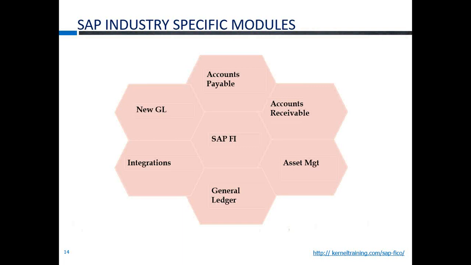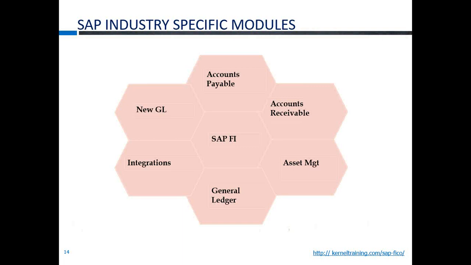Coming to asset management, you buy capital goods for your company, which is called purchase of assets. As we all know in FI, you have to calculate the depreciation. Your depreciation can be straight line method or WDV method, or you can even use WDV and straight line combined. Whatever the client requirement is, SAP has addressed it and given solutions, and how to do the configurations will be discussed. Further, if you want to sell the asset, whether you sell it at profit or loss, everything will be discussed in asset management.